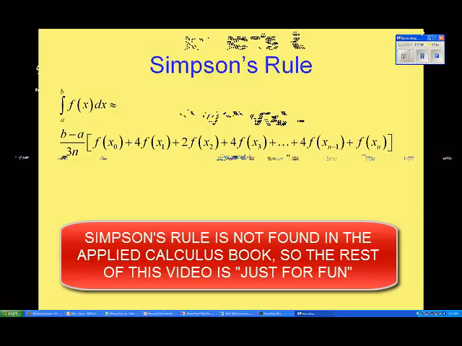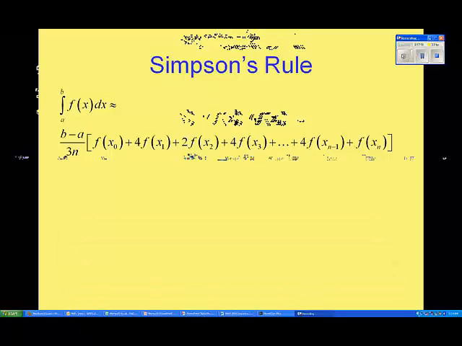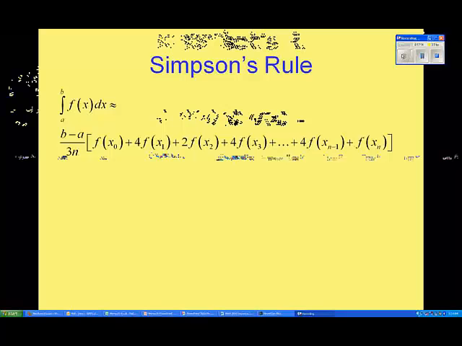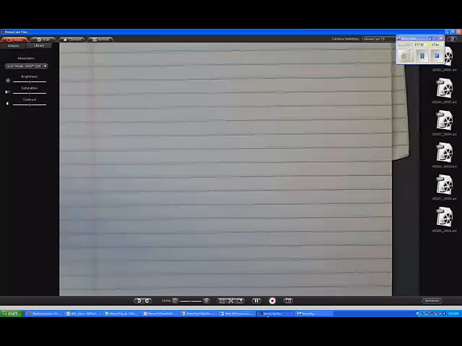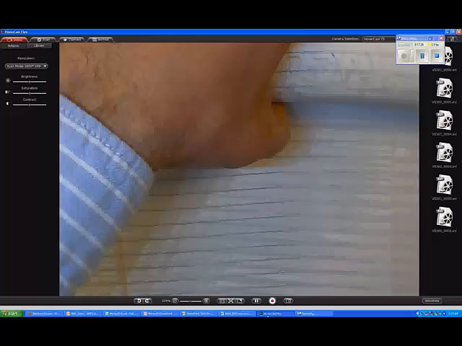Okay? So maybe let's see how that can be. Let's do the same example we just did, but let's do Simpson's rule. Okay? So I'm going to go ahead and do that. I'll show you how to use Simpson's rule. Let me write it down on the paper. Okay? So Simpson's rule says,